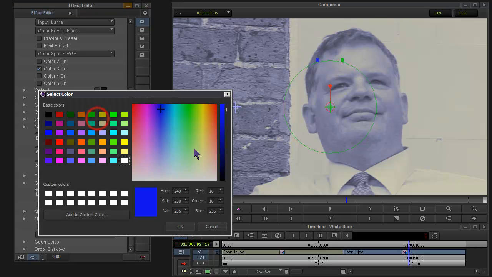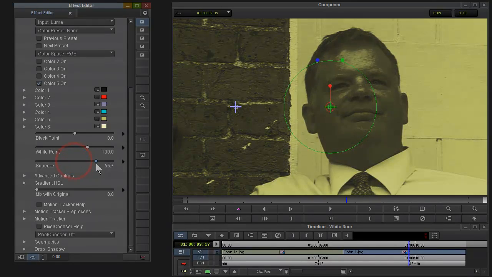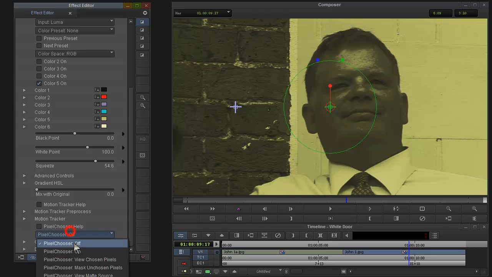And I think I did this one right, and it was a more darker, more saturated one. And then disable 3, and I enabled 5. And then I think I used this squeeze parameter to adjust the gradient until I was getting a little more detail in that door, not really caring what this looked like because I was planning on masking it out or matting it out. So, PixelChooser on,